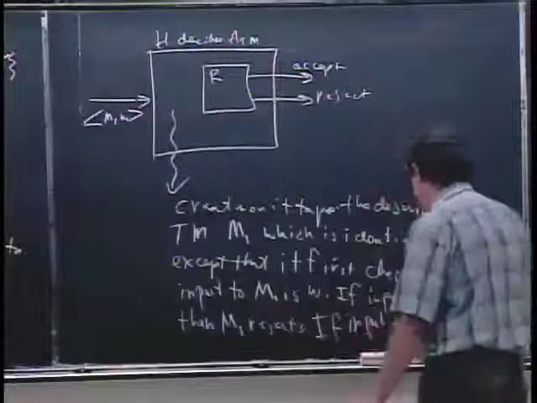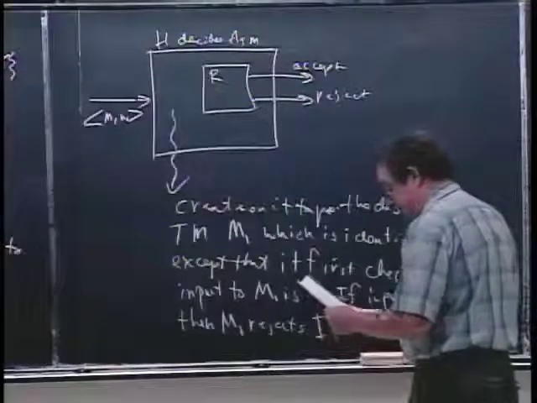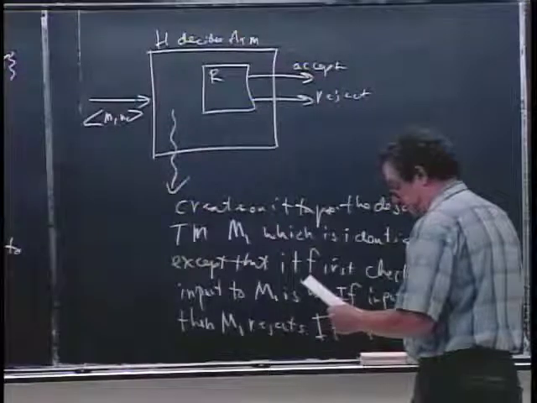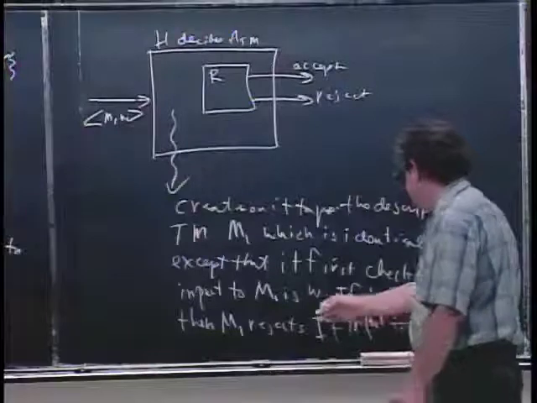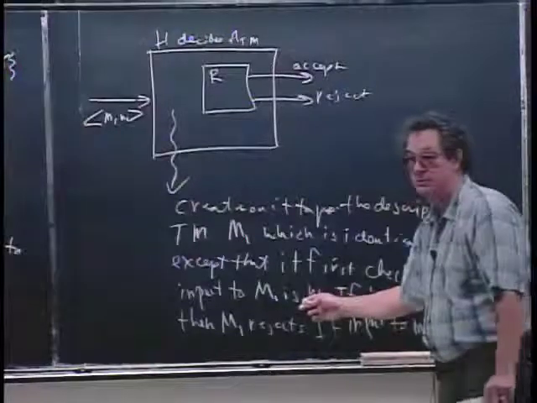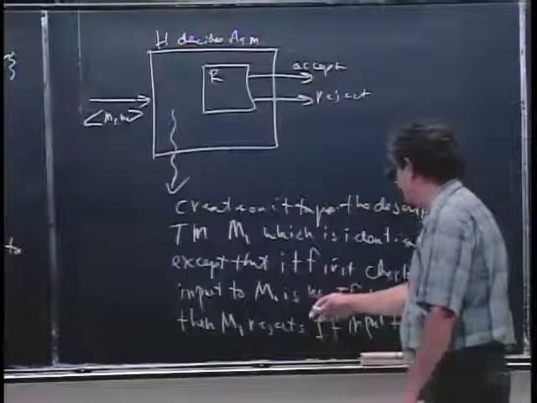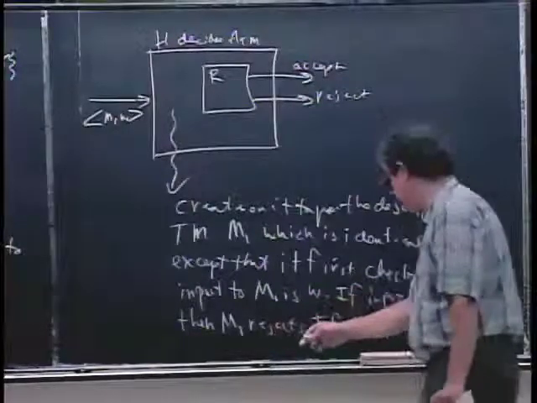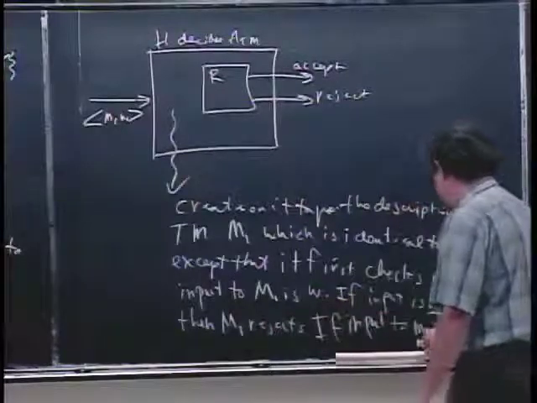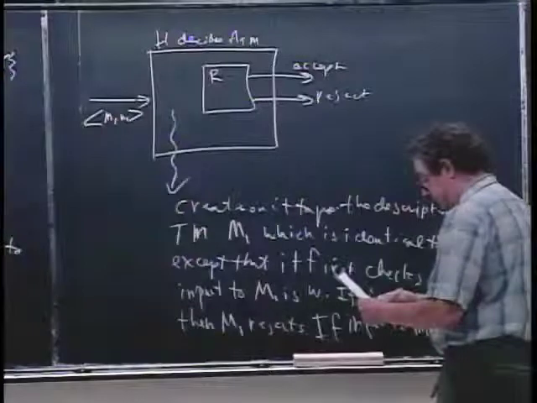And the Turing machine M1 is identical to M, except that the first thing it does is it looks at its input, and if its input is not W, then it rejects. Okay? So, but if the input to M1 is W,